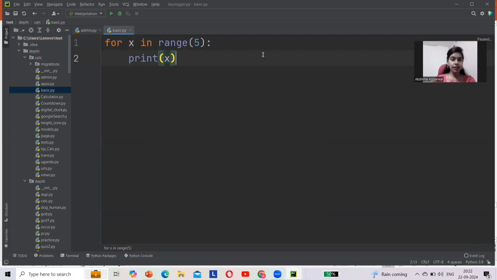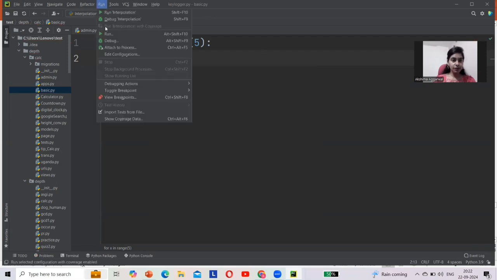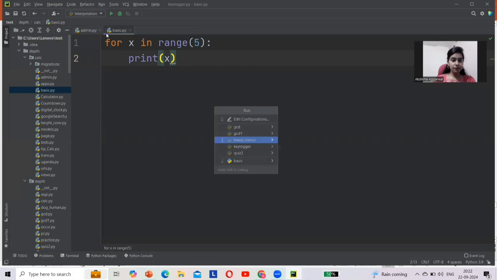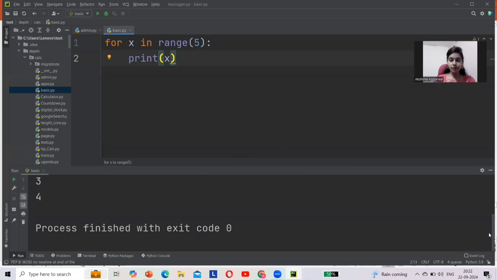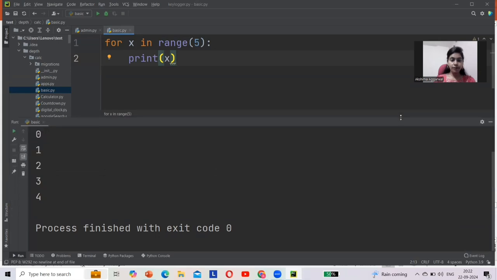Now you can see the output of this code. Starting from 0, the step is 1, until n minus 1: 0, 1, 2, 3 and 4. I hope it is clear to all of you.